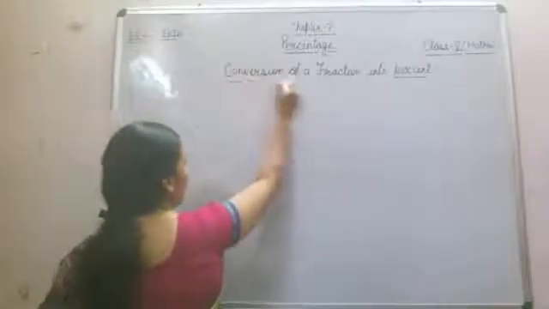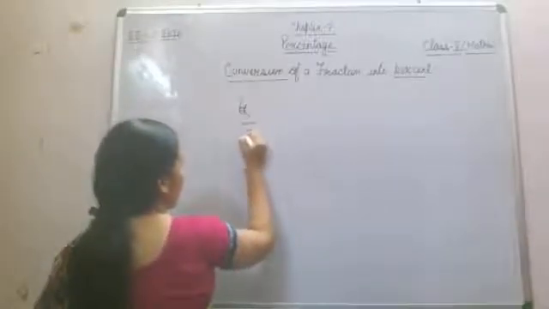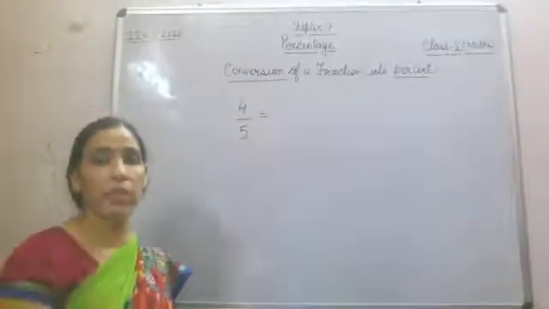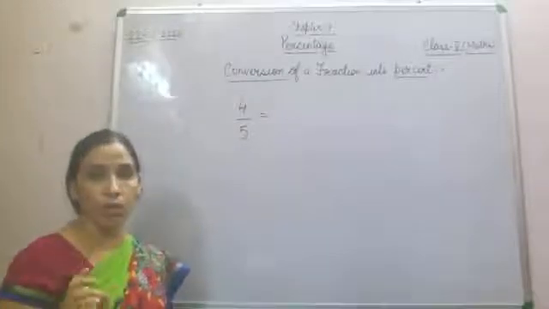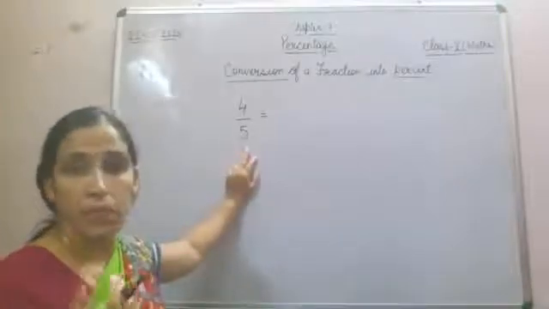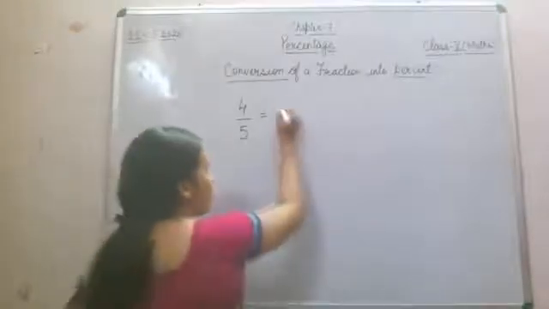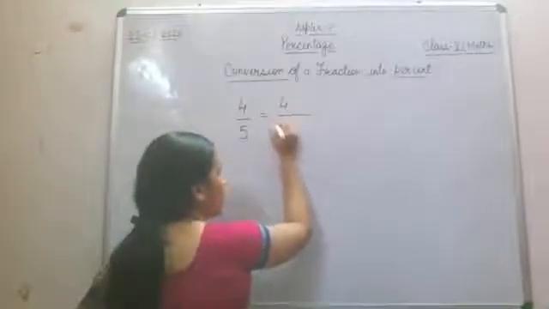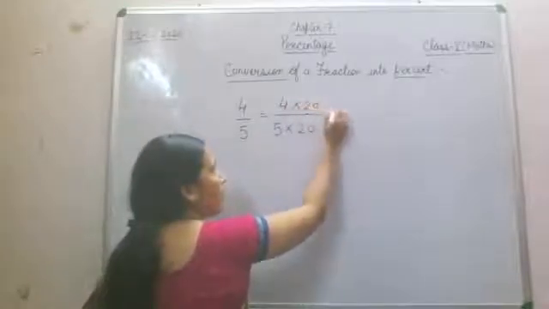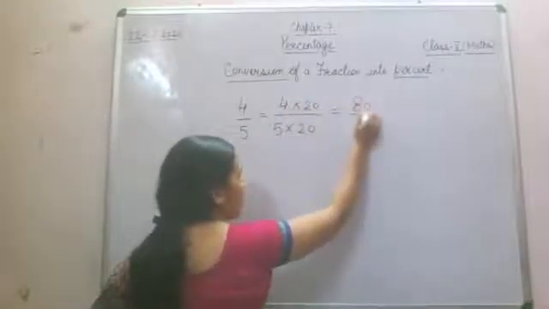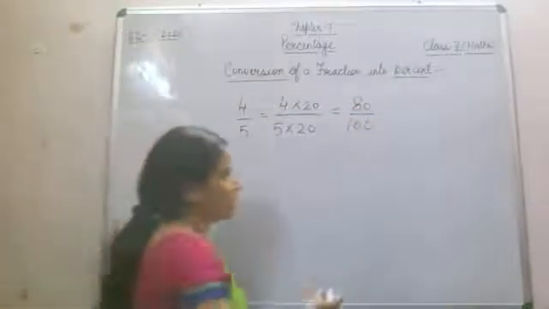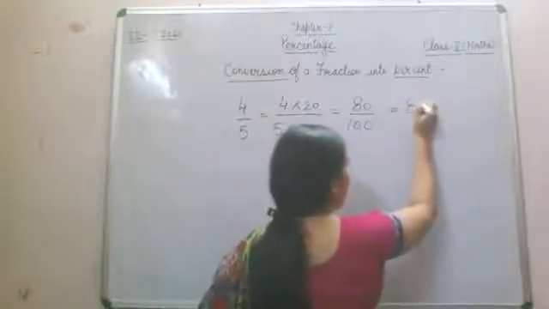Now for example, here you have been given a fraction 4 by 5. Now how will we convert this 4 by 5 so that we get 100 in the denominator? That is your question only. So if we multiply 5 by 20, you will get 100. So whichever number is multiplied in the denominator to make it 100, the same number will be multiplied in the numerator. So 80 by 100. Now 80 by 100 you can write as a percentage. Yes, we can write it. So that will become 80%.